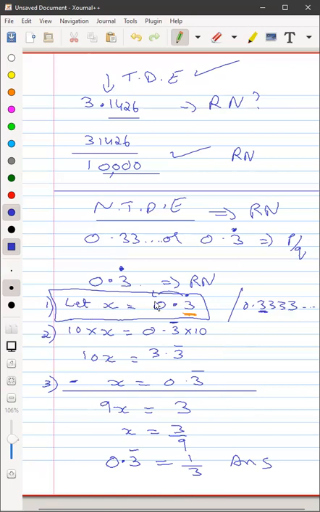Again, step 1: whatever we need to convert, we say let x equal that number. Step 2: we find the number of digits which are repeating and multiply with 1 followed by the same number of zeros. So if one digit is repeating, we multiply with 10. If two are repeating, with 100. If three are repeating, with 1000. Third step: we subtract the original, what we took as let x equal this number. Then we just solve for x. That will be the fourth step, solve for x. Right? We will do one more, that will make it clear. First, you can copy this down.